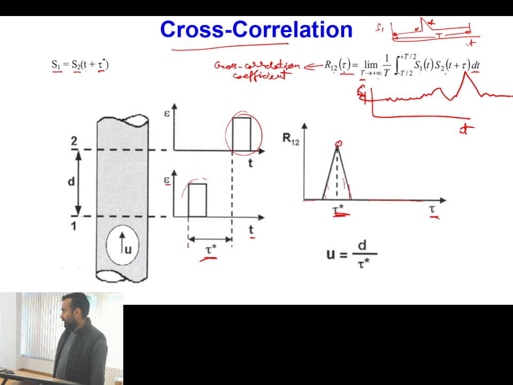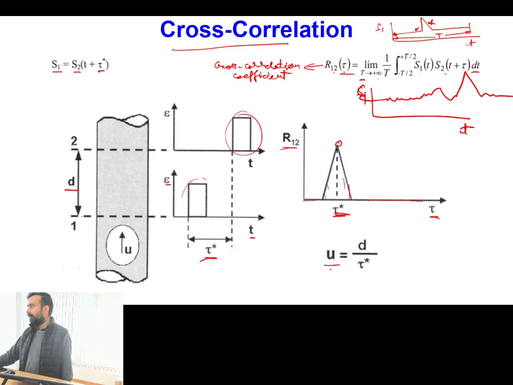Is this one clear? Now we know d as the distance, and corresponding to tau star our correlation coefficient is highest. So tau star is the time between the two signals once these become self-similar. Okay, so it means that whatever time the bubble takes from location 1 to location 2, that we have measured, and that's how we can calculate the velocity of this particular bubble. Okay,